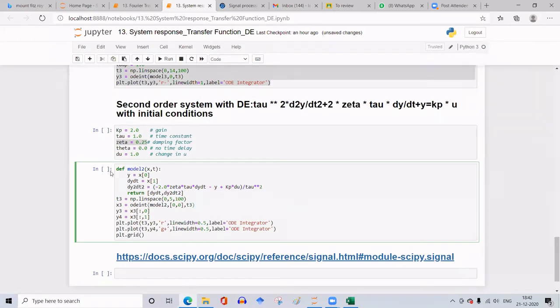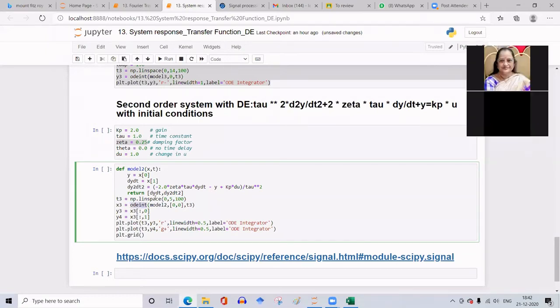Now when this is called with the function odeint, defining the model as model 2, and this is a second order differential equation, I need to describe two initial conditions to get the solution. So that is enclosed within this. It is given as an array, 0, 0. Initially, I'm giving initial conditions of 0, 0. And I'm defining the new time scale as t3 given by 0 to 5, having 100 points in a linear space. And that independent variable also I have to give as an argument for this odeint.